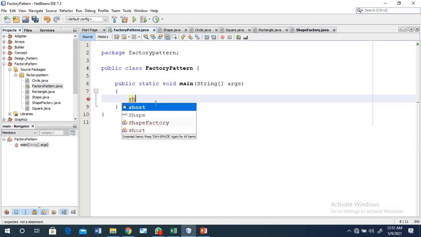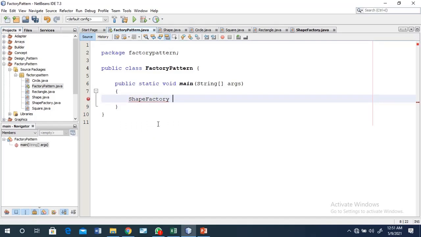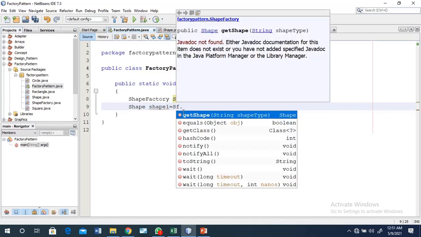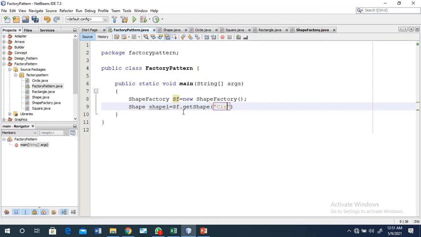Okay, so in that, you just create one object, sf is a shape factory, a new shape factory object we create here, and through that, suppose shape1 variable we create here, sf dot getShape, and here I pass circle.